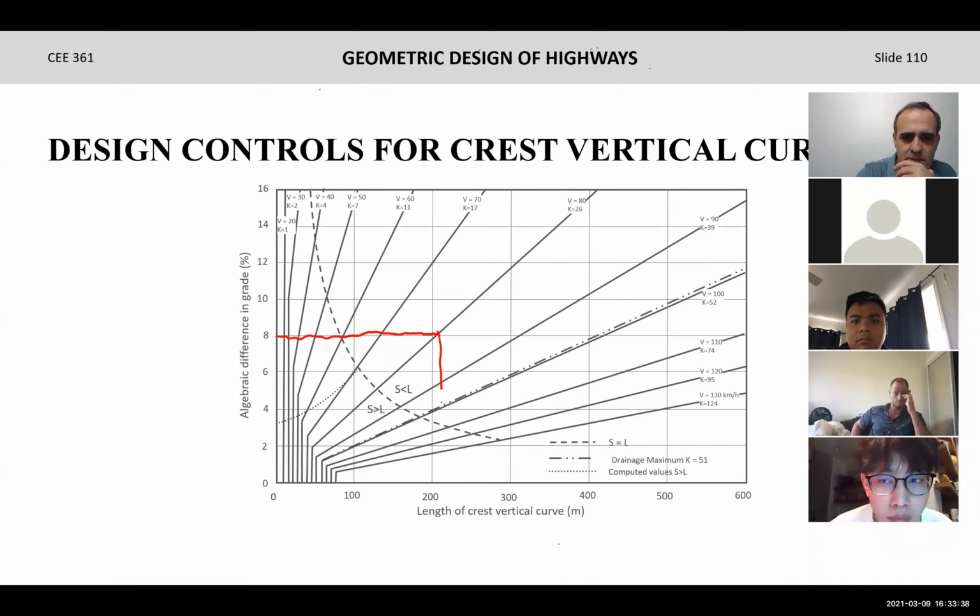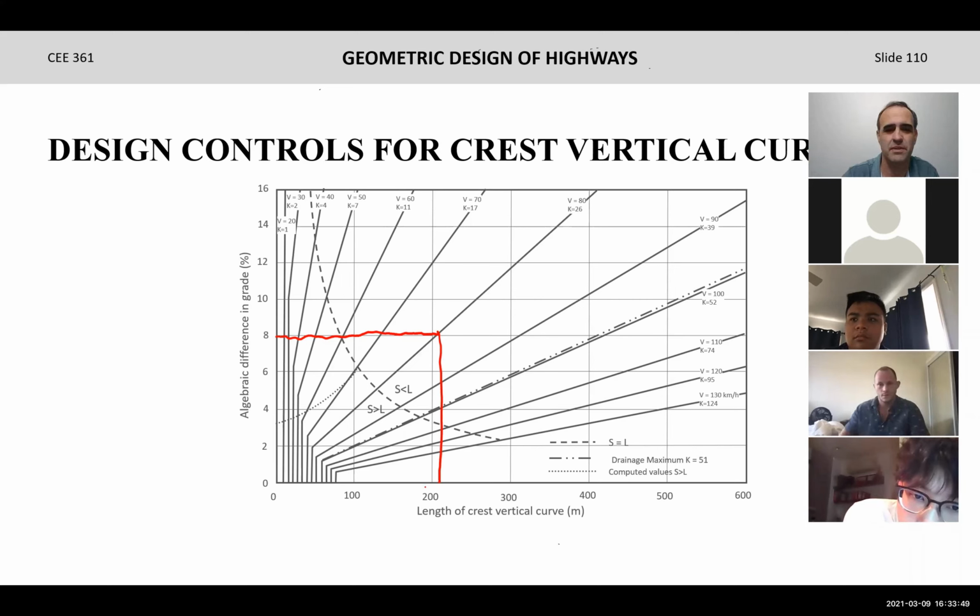then the minimum length of a curve would be around 210 meters. And then you can go select any value above that. That's how you would use this type of chart in practice. Or a different use would be, let's say I have a 300-meter curve, and I'm designing things for,